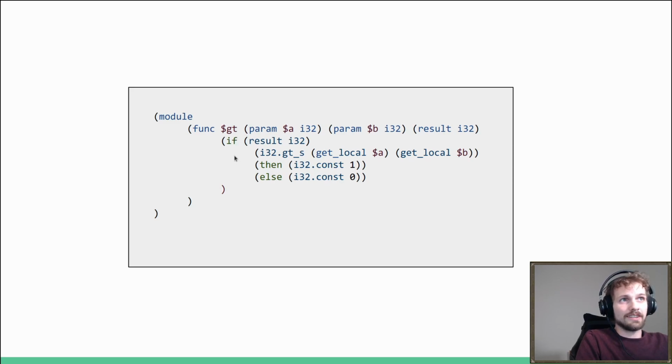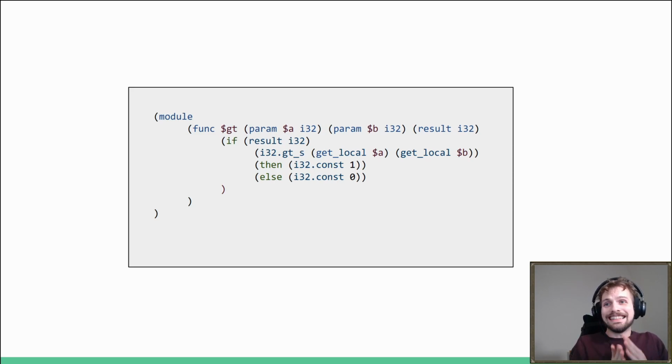Now, this if syntax is a little bit special. You would expect the if condition to come right behind the if, but this is not true. First, you need to specify what each of the branches of the if are going to do to your stack. Basically, these are 2 separate, call it functions that are going to be called. Either the if branch will execute or the else branch will execute.